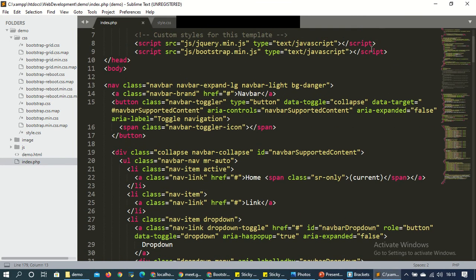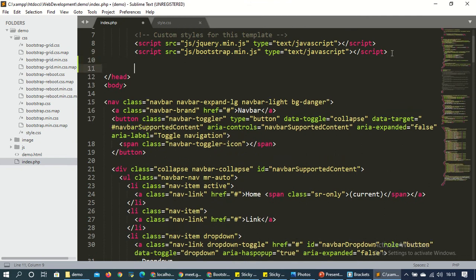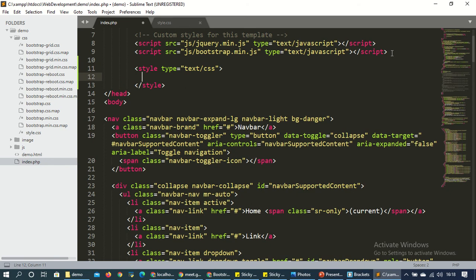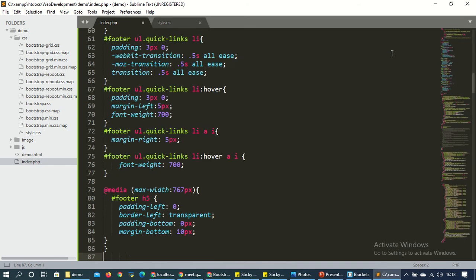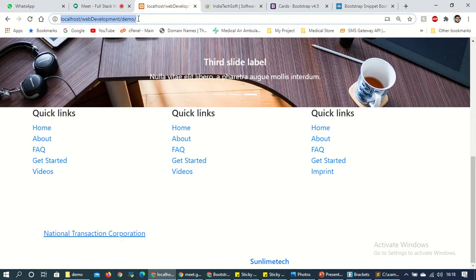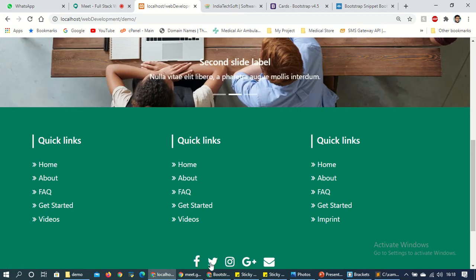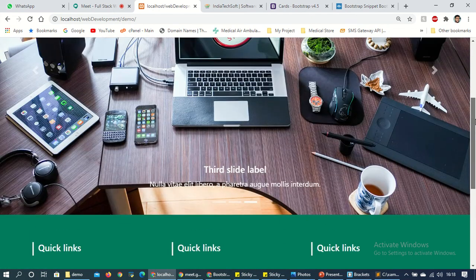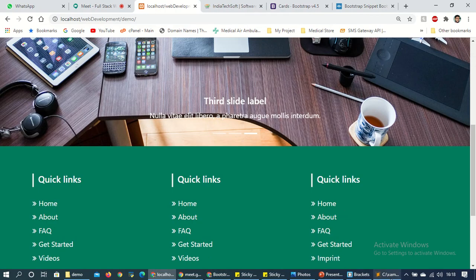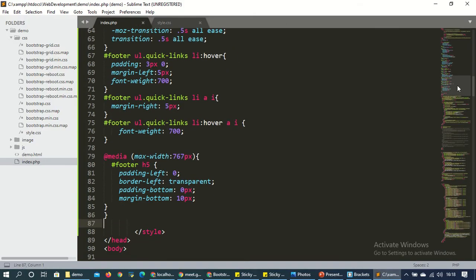If I use it here, you can also use a style tag, and after this you can paste, Control V, and run. So here this is the footer. Here you can replace the name, and these are the different icons for the different social media sites. So it is working.